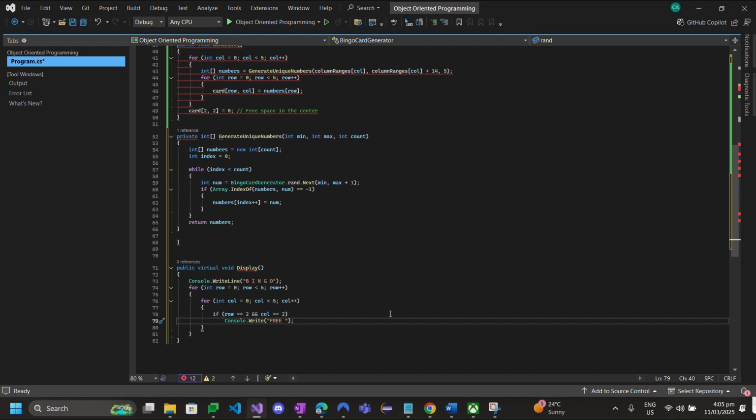So this will print the word FREE to represent the free space,